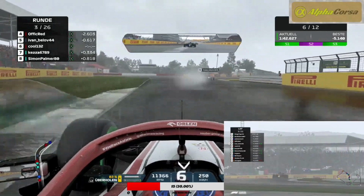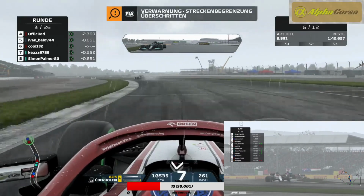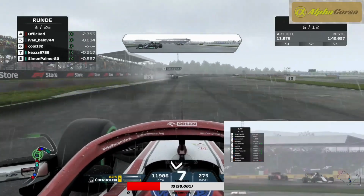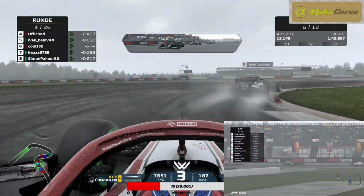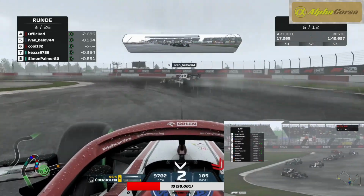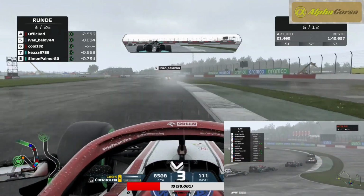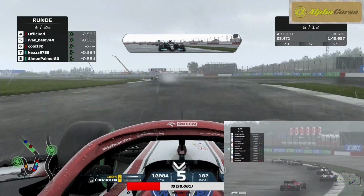Rain lights flashing. That's not ERS on the back of the cars. That is a rain light flashing. So nobody can get that indication that their rival in front is derating or run out of charge. Keza was momentarily very, very close there to Cool 132, taking a wide entry into Village, and on the way out,